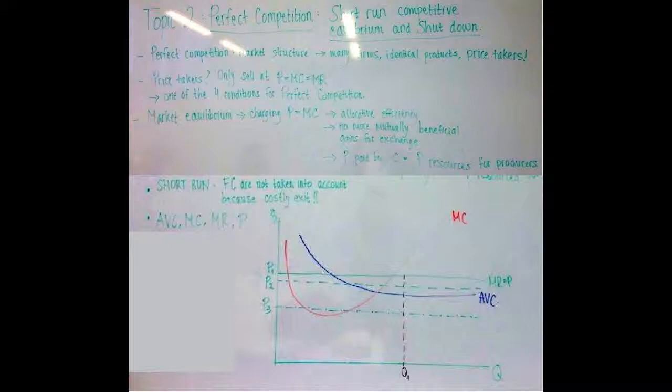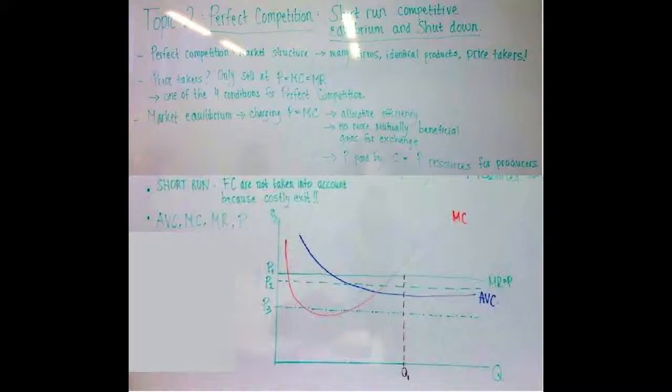At P2, we can see that the price has decreased and is now between the average variable cost and the average total cost. What happens in this kind of situation? Well, basically, the firm is producing economic losses. However, we'll do better to continue producing at that rate instead of shutting down abruptly and having to go through a costly exit because there still will be the fixed cost involved.